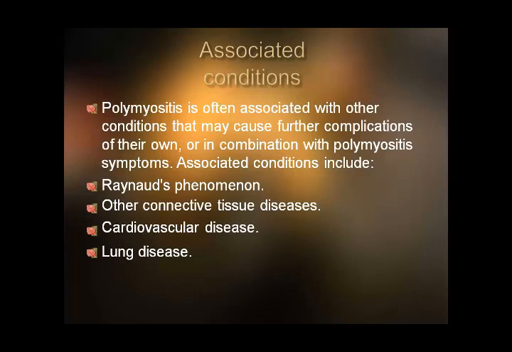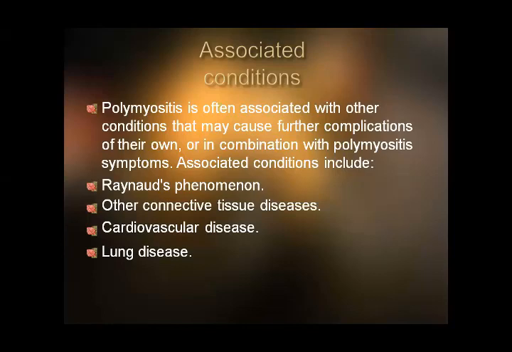As I told you, patients with polymyositis may have other manifestations of collagenopathies, and there may be an overlap syndrome: polymyositis with dermatomyositis, polymyositis with scleroderma, polymyositis with SLE, polymyositis with mixed connective tissue disorders. So these are some overlap syndromes, and the patient may present with Raynaud's phenomenon. That is, your hands become painful, they become white, blue, and red, and the treatment is calcium channel blockers, avoiding exposure to cold, and even heated gloves can be used.